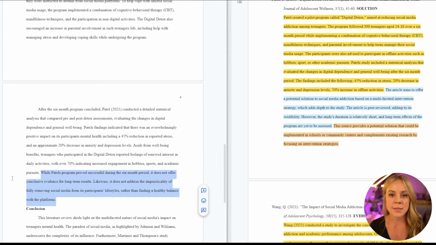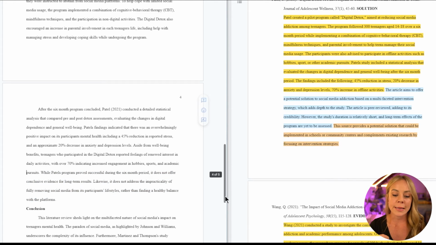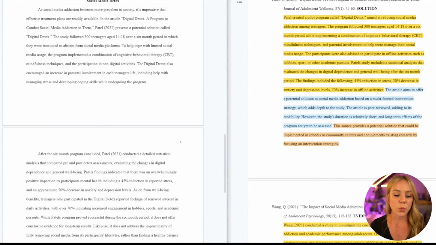But aside from that, it's the same process that we have been going through, and that we're using our transitional language between sentences to link our thoughts together. And we have our linking language. In this case, we're referring to Digital Detox, the program, Patel, the author, the study, and so on and so forth. But with our building blocks in place, the only thing we have left to do is write our introduction